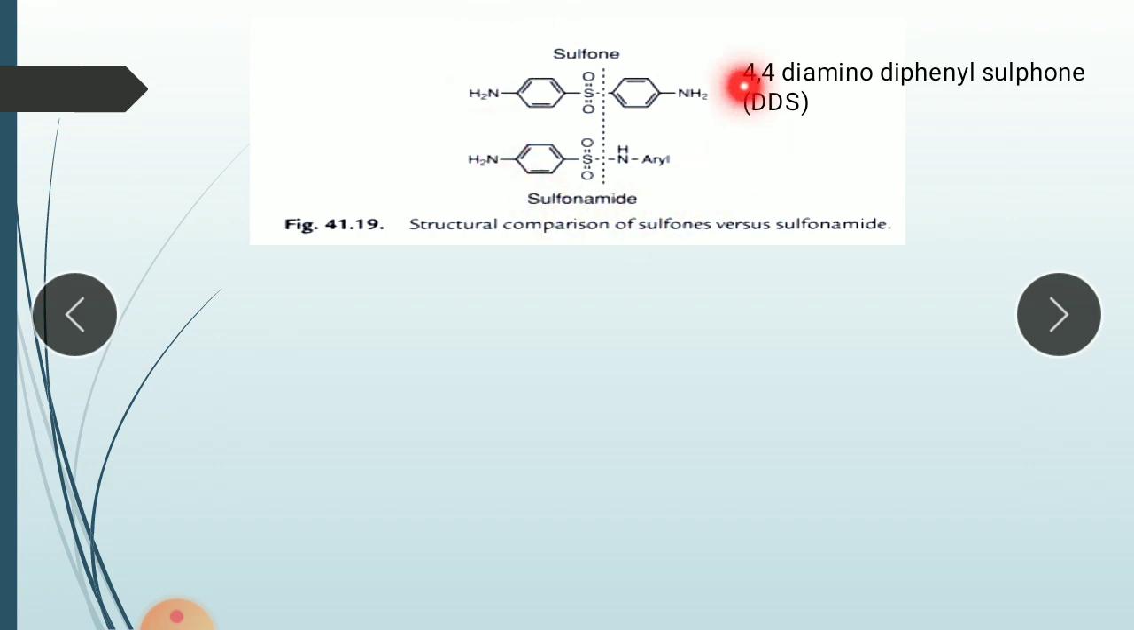So here there is a comparison between sulfonamide and sulfone. Sulfone is a diaryl drug. There are 2 aromatic rings. The discovery of this sulfone is related with the SAR of sulfonamide. So here there are 2 aromatic rings on sulfone. Then the classification